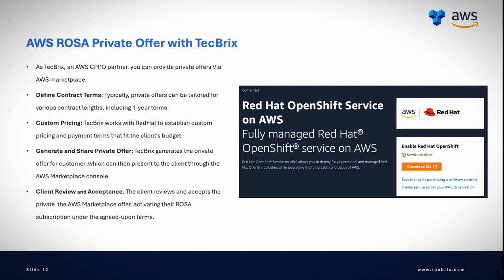So what are the key things we have to take? We have to define the contract terms and also custom pricing. We have to understand your payment terms, whether you will do the upfront payment, full payment, or partial payments. After that, we will submit a form which you have to fill in, and that form we will submit to AWS, where AWS will create a private offer under the